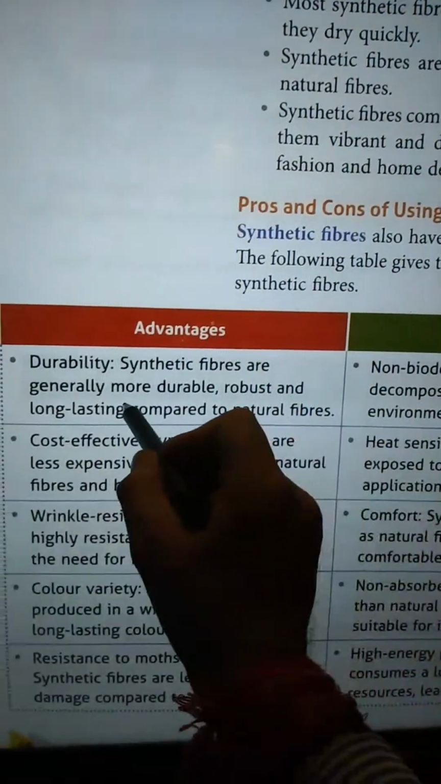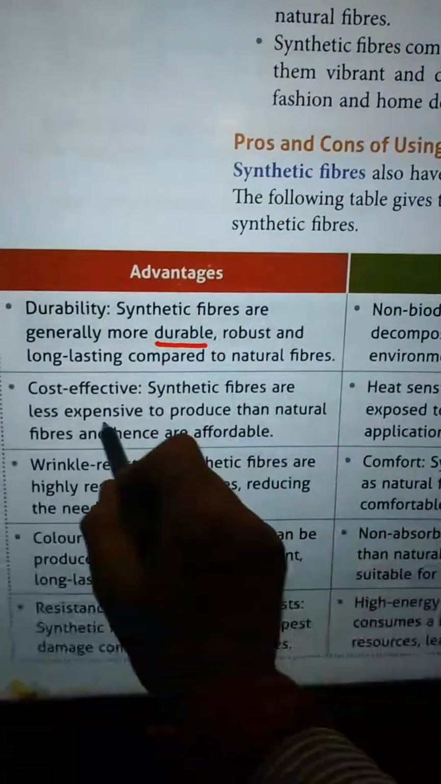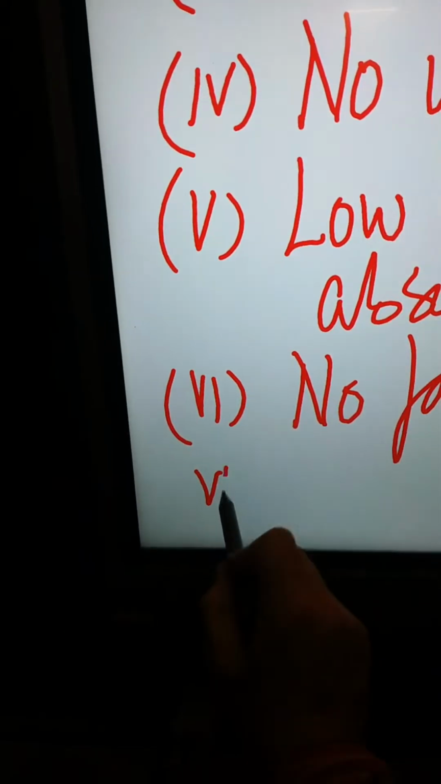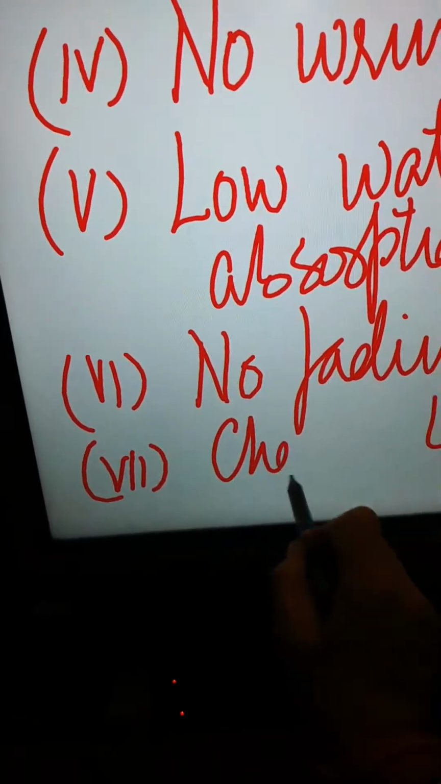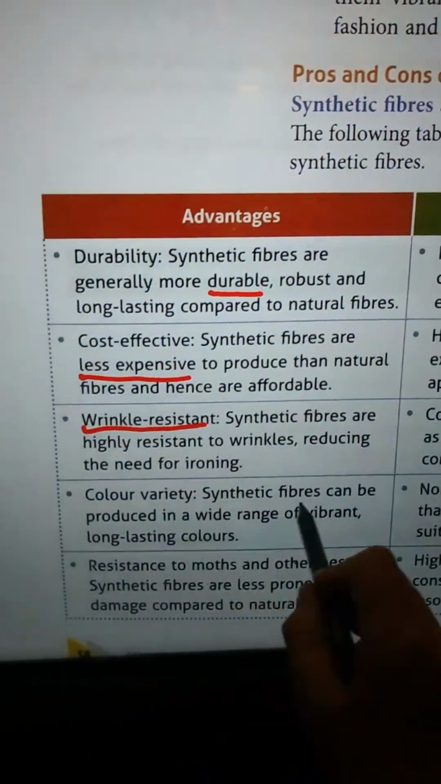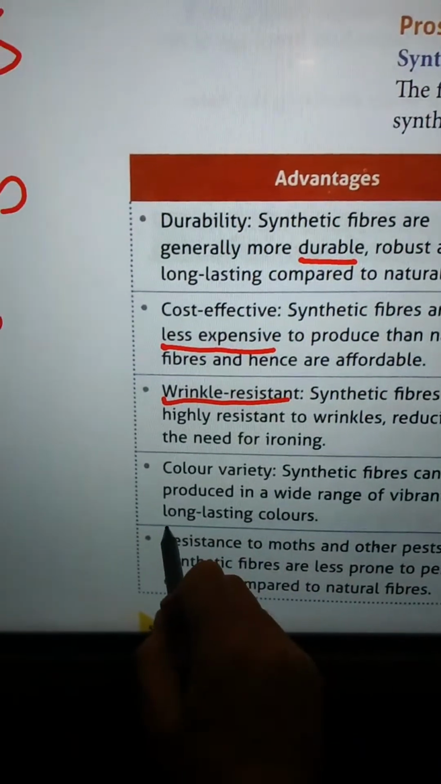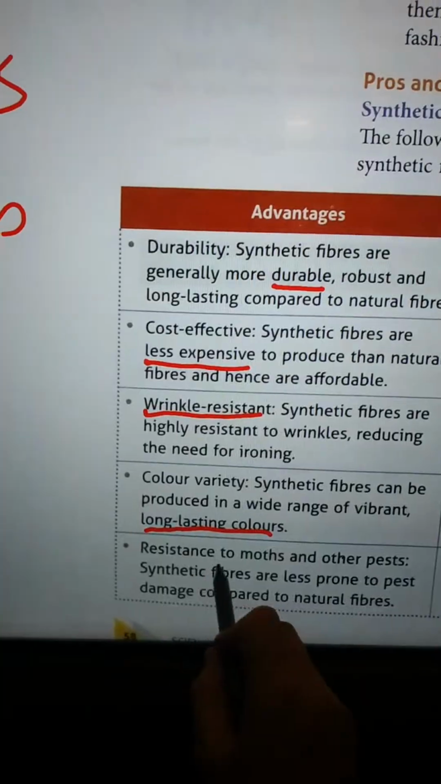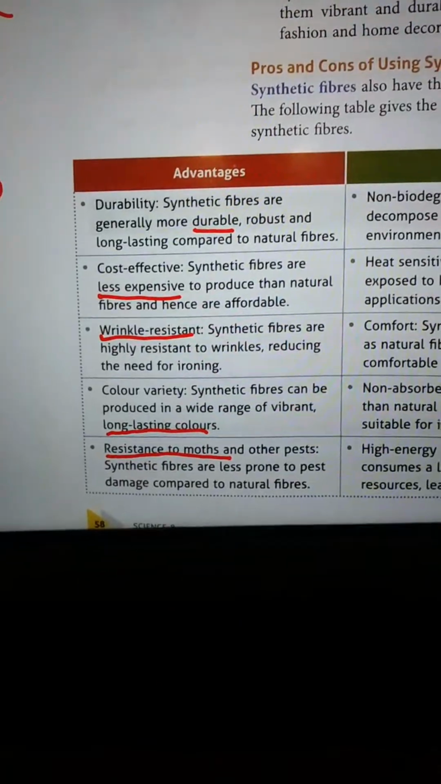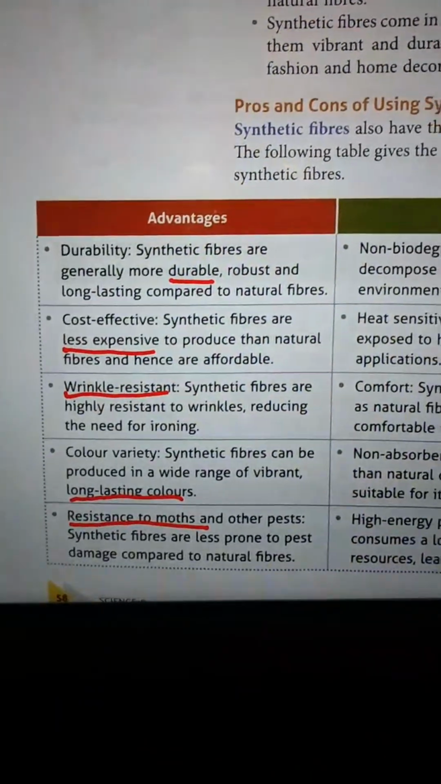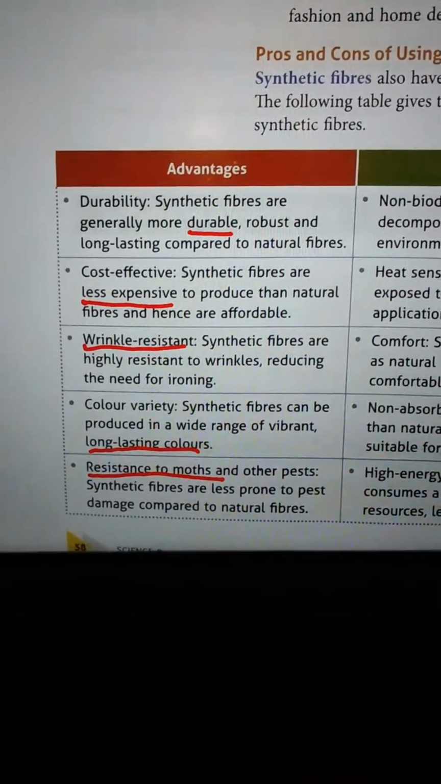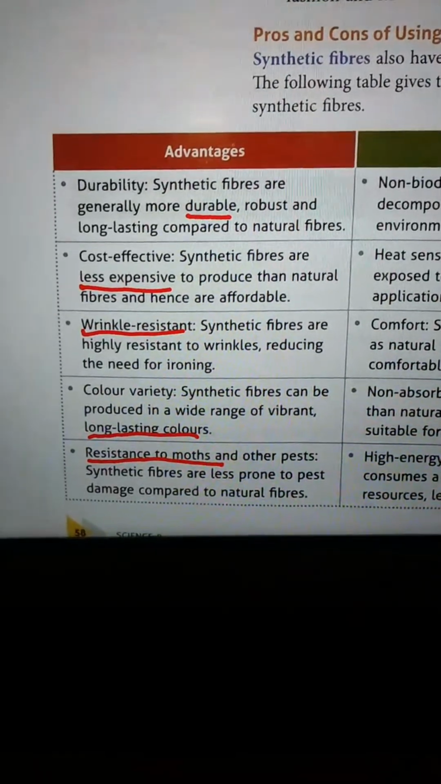They are covered here. They are durable, less expensive. Here we can write 6th, 7th. They are cheap, not costly. Wrinkle resistant and long lasting colors and resistant to moths and insects. This is their good property. Synthetic fibers are durable, they are less expensive, wrinkle resistant, long lasting, they are not affected by moths or insects,